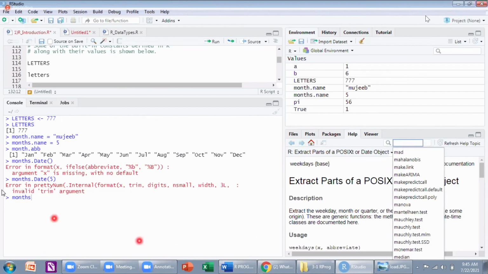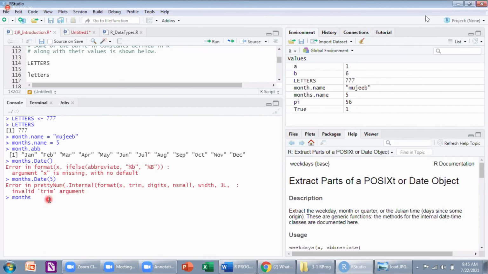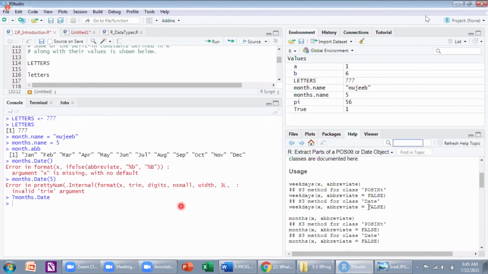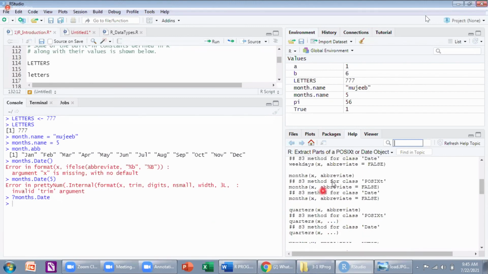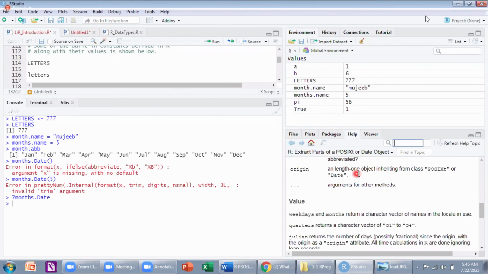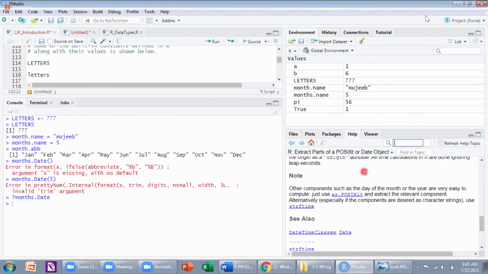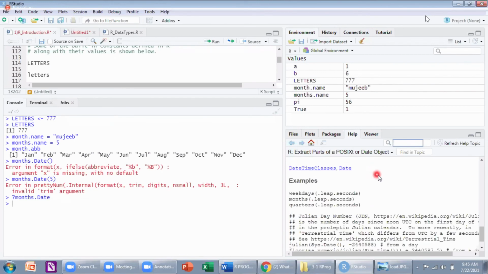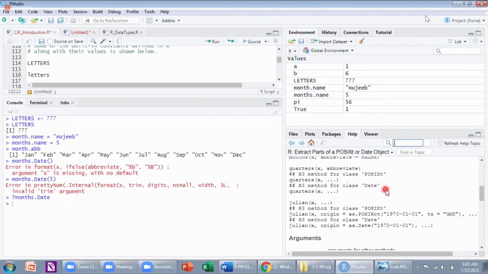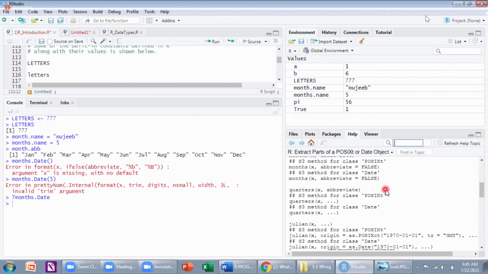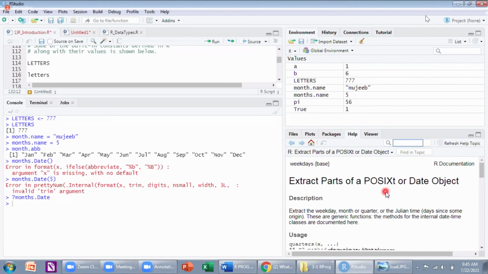Tell me how to search for the help for months dot date. Just add a question mark. Will it work or not? See, you get the help here and you have to search for it. There will be many hundreds of functions based on your requirement. You can do it.